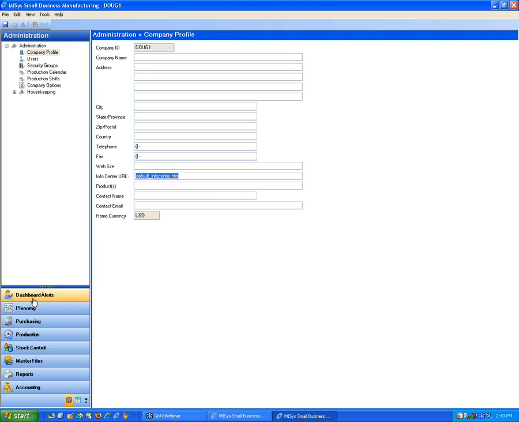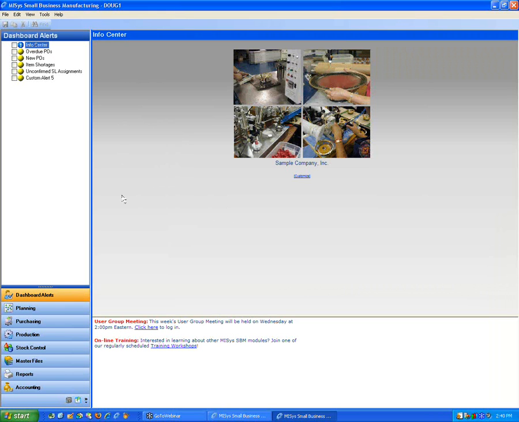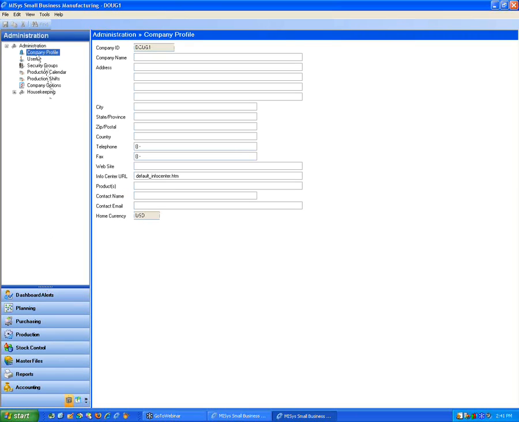Okay. Now you'll notice when we first logged in, what did we see? We saw this here, right? That's the default image any new company's going to have. Okay, that's just a default. You can plug a website in here, though, okay, and have it displayed upon login. So, for example, if I go back to company profile,